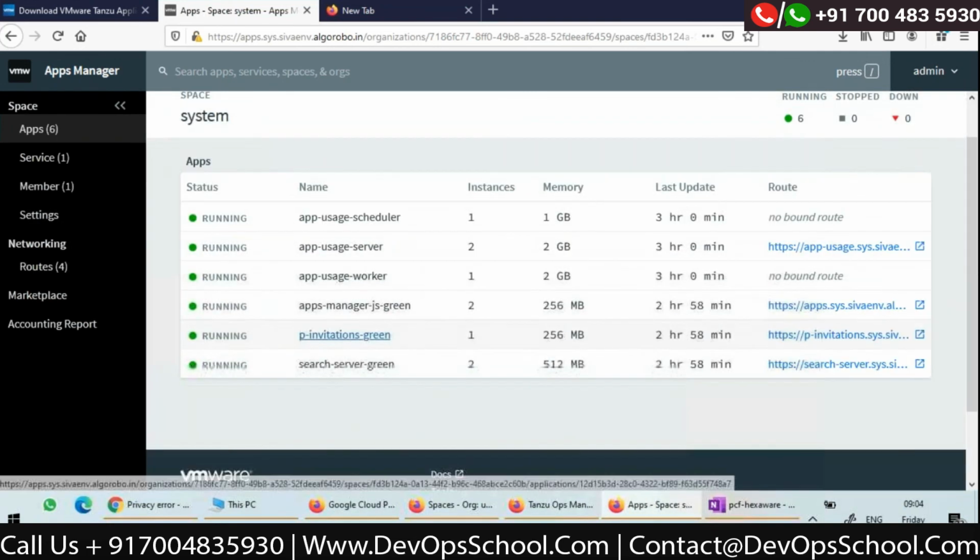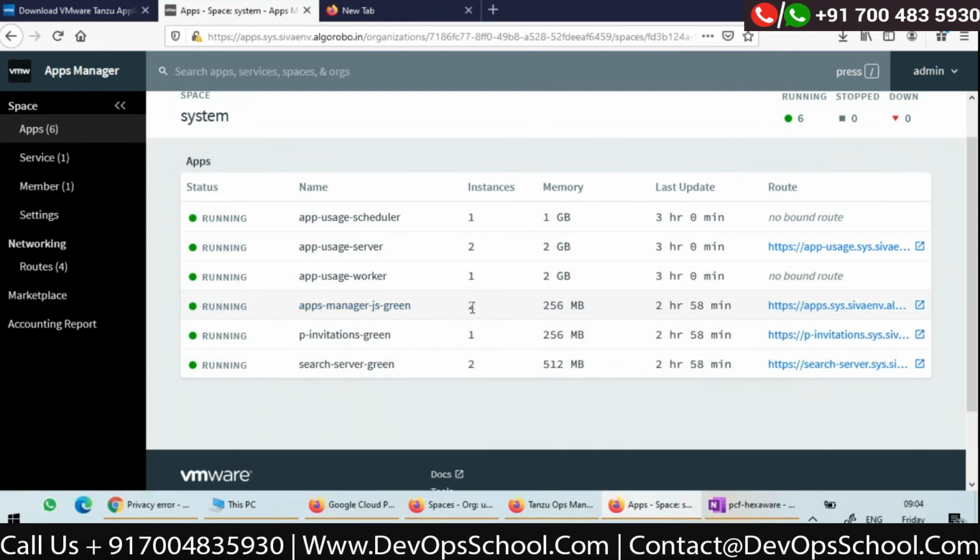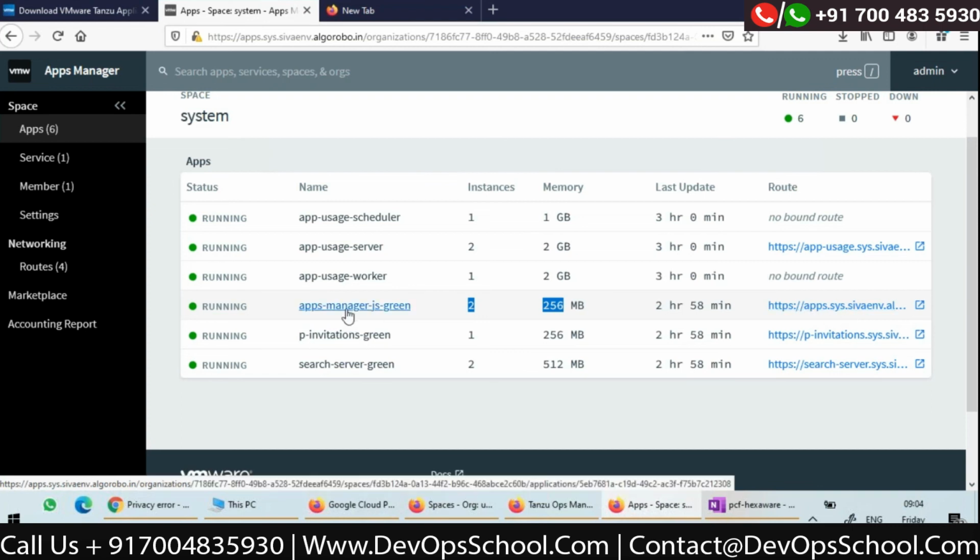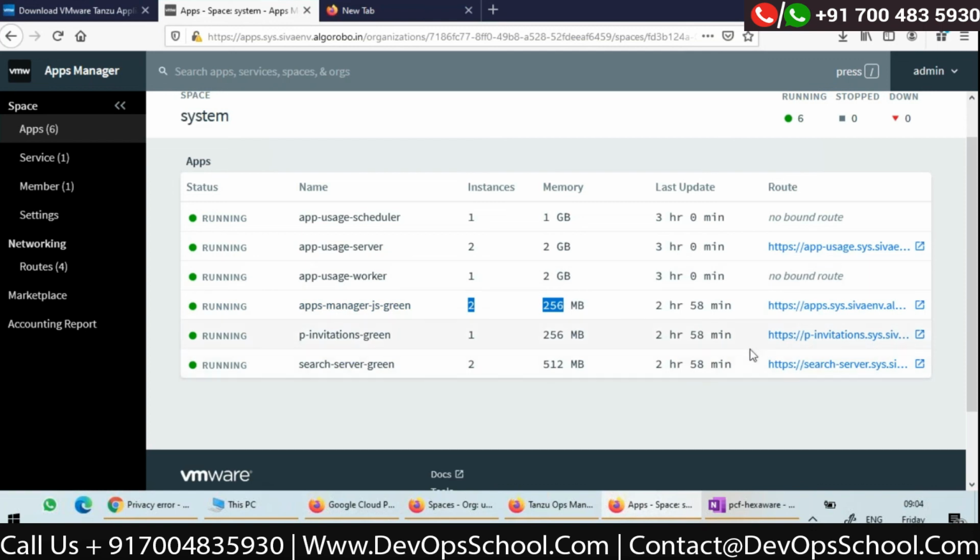Here you can see there is something called Apps Manager, 2 instances running. Is it the same URL that I used, apps.sys? Yes, this is actually the Apps Manager UI, which is running inside one of the containers in Cloud Foundry. We'll actually understand later what these URLs mean. Yeah, thanks Shiva.